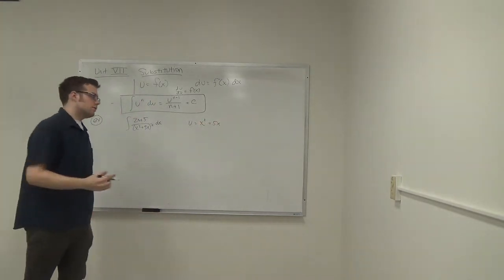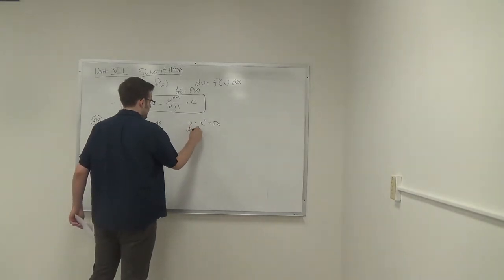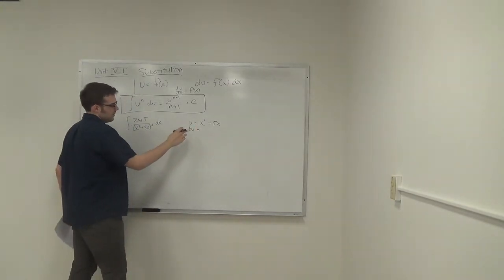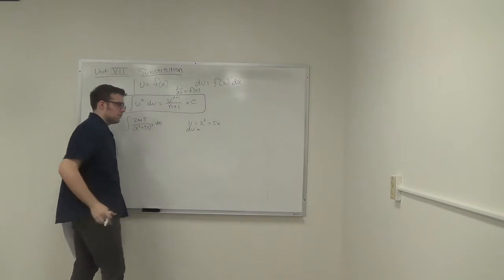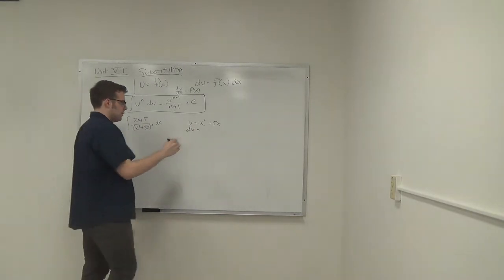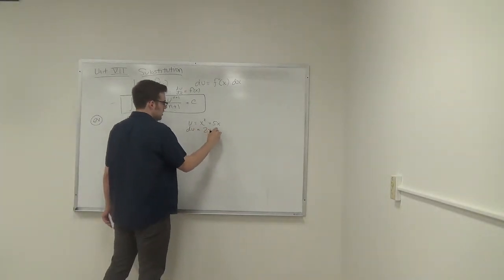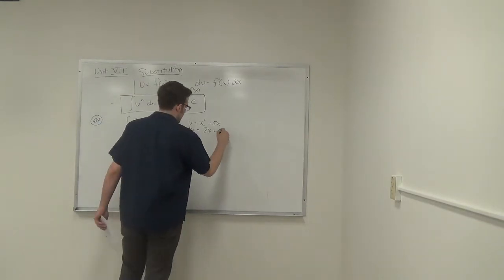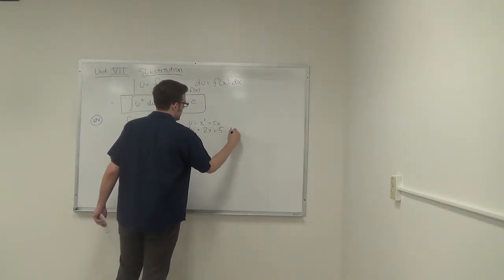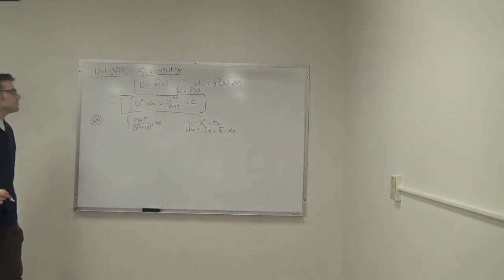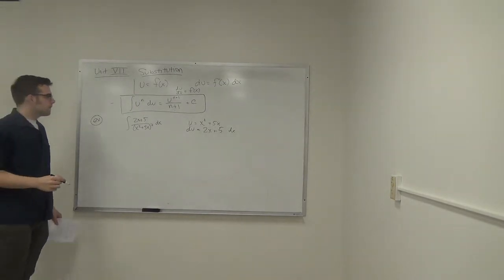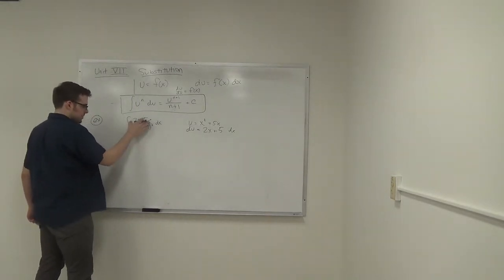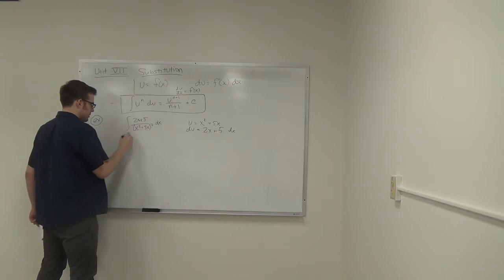And then the differential of u is the derivative of x squared plus 5x. The derivative of x squared is 2x. The derivative of 5x is 5. And then we add the differential term. So here we have (2x plus 5) dx is du